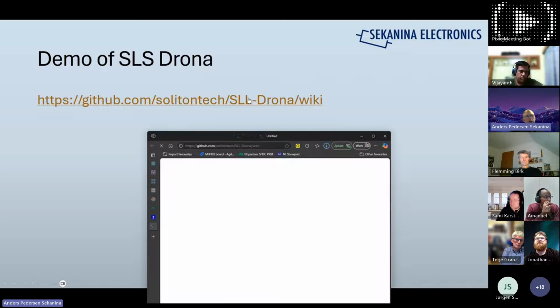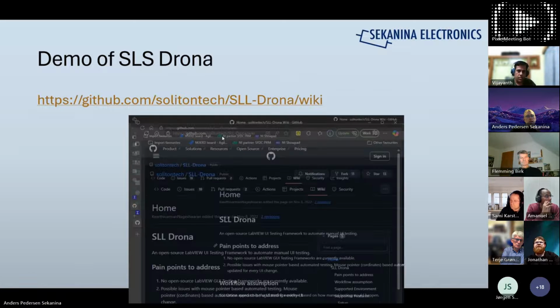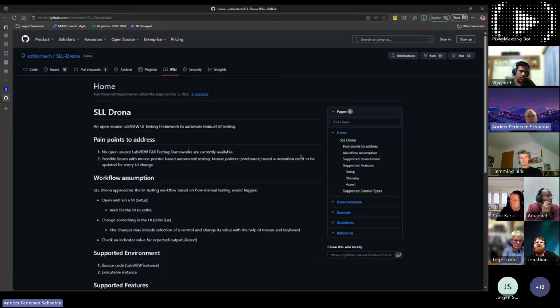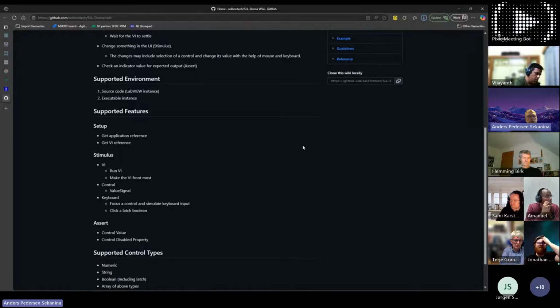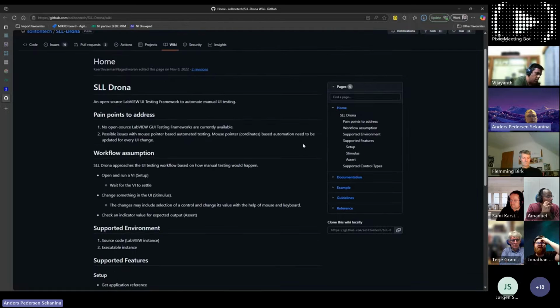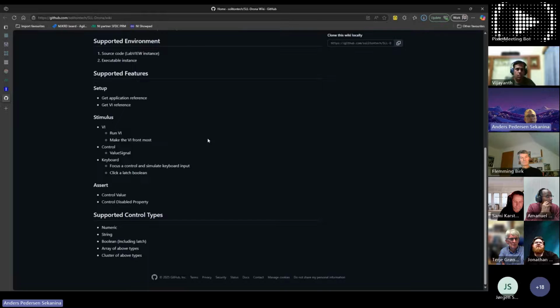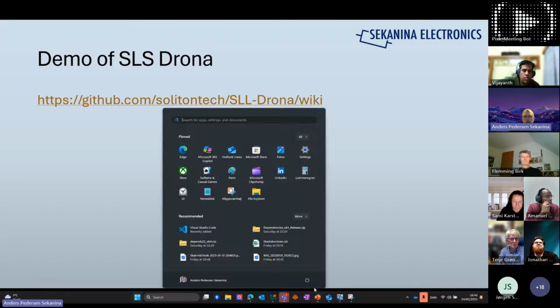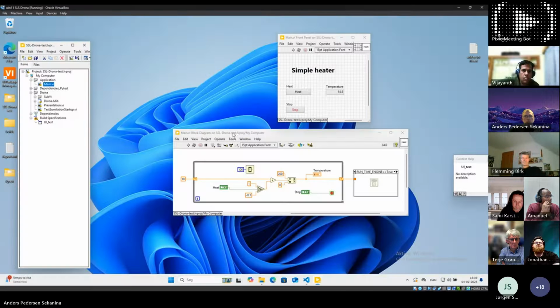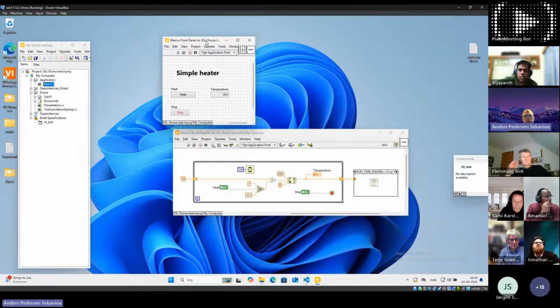I will take SSL Drona. It's on GitHub, and you will find good information there about how it runs. I will then do a demo and open it here.